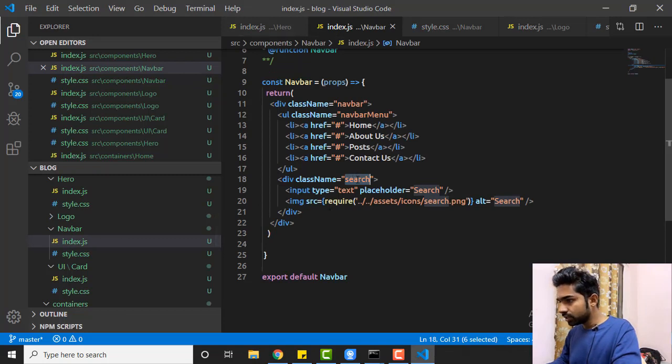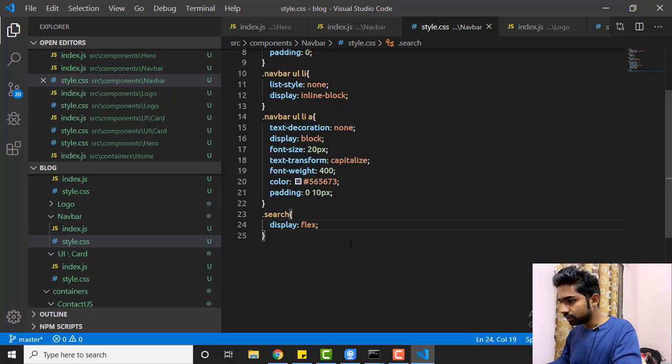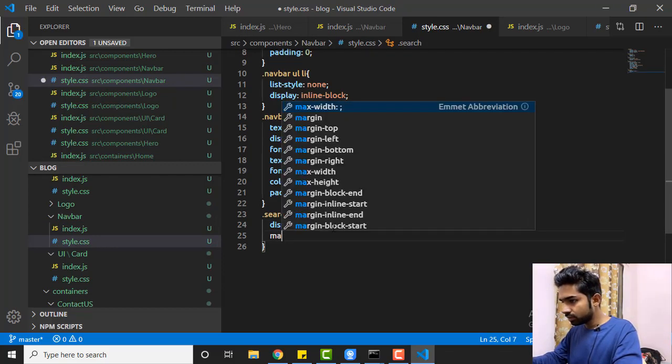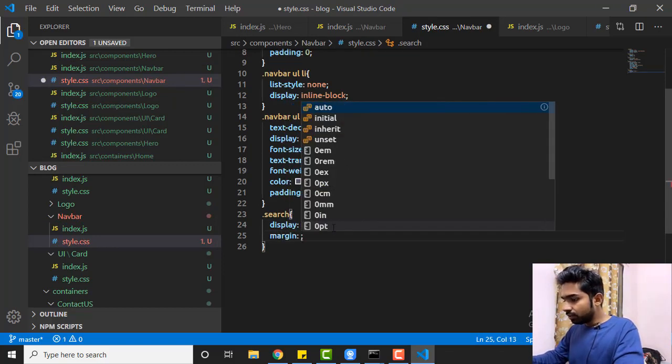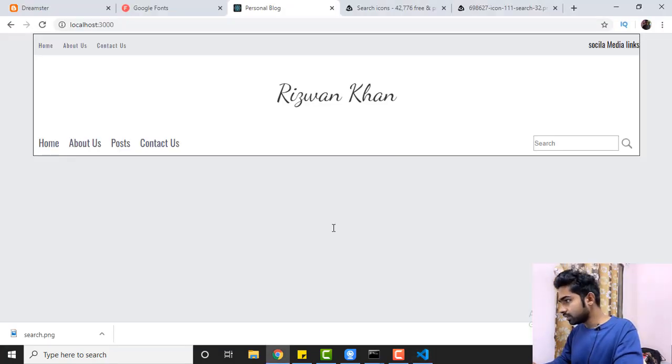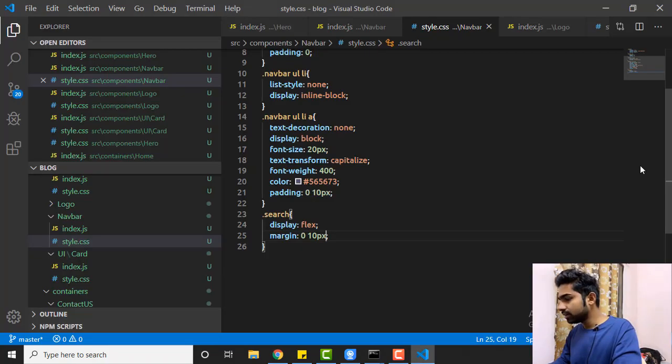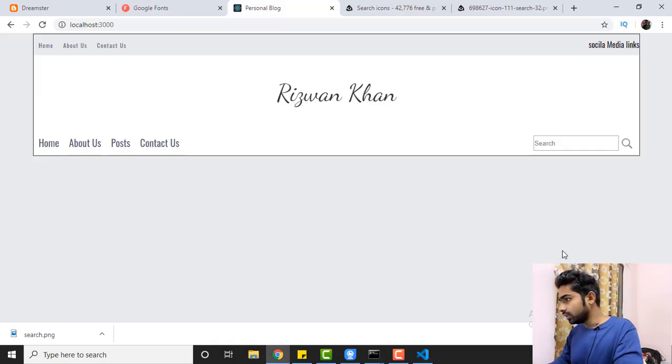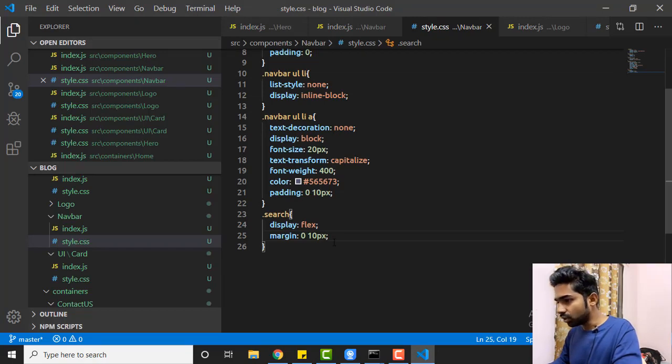Search, class search, display flex, margin from top and bottom 0, from left right 10 pixel. Yeah, 10 pixel is applied. Cool. So back to the text editor, and we'll work on this animation part also, or maybe let's work on it now. So here we have search